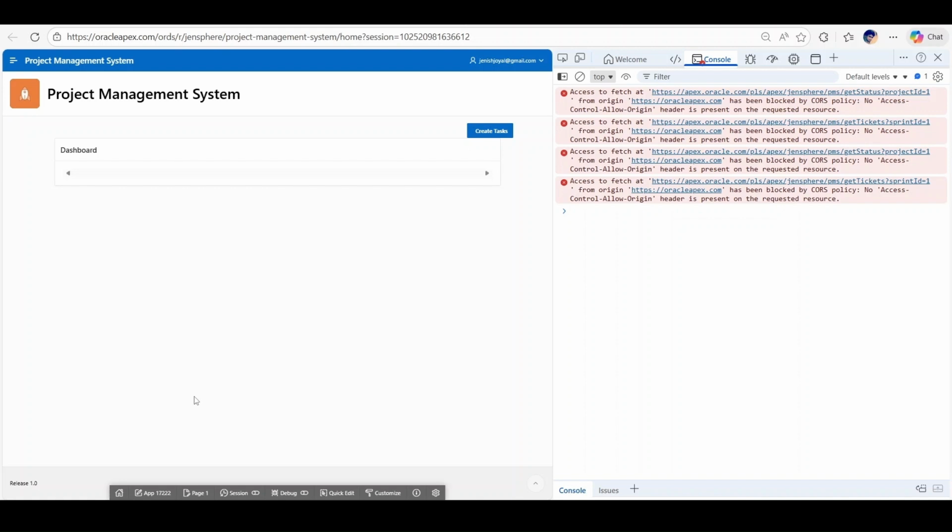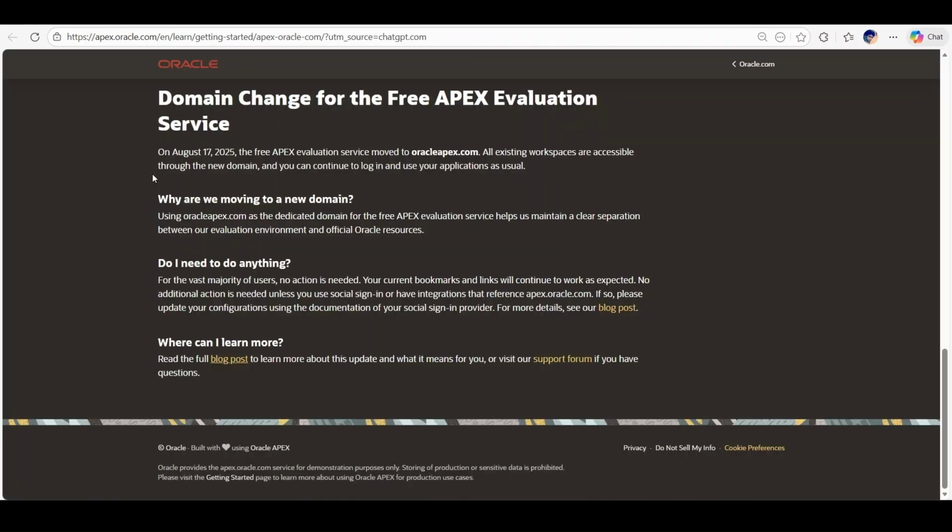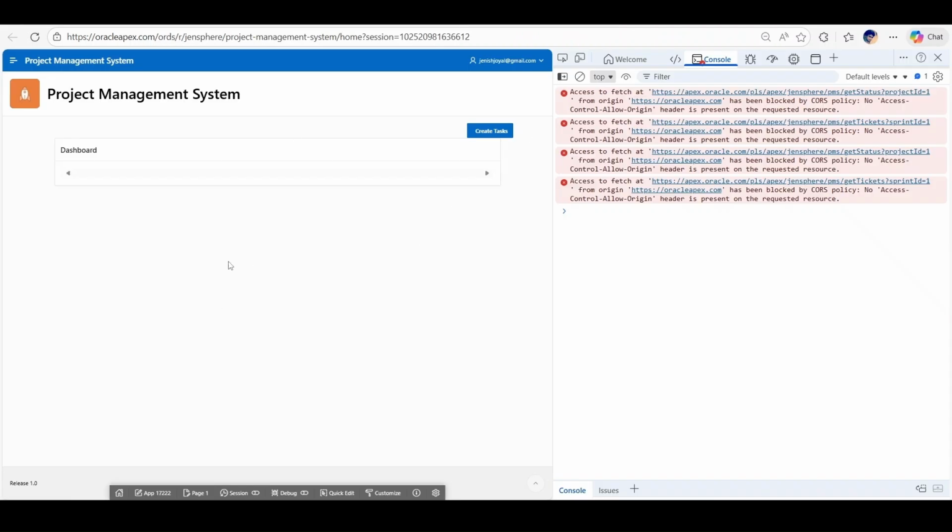Now here's the interesting part. This application worked perfectly earlier. The code hasn't changed. The JavaScript hasn't changed. So what changed? This is the reason why this issue happened. Oracle recently moved the Apex free evaluation service from apex.oracle.com to oracleapex.com. That means my Apex application now runs on oracleapex.com, but my REST endpoint is still apex.oracle.com. Even though both are Oracle domains, the browser treats them as completely different origins, and that alone is enough to